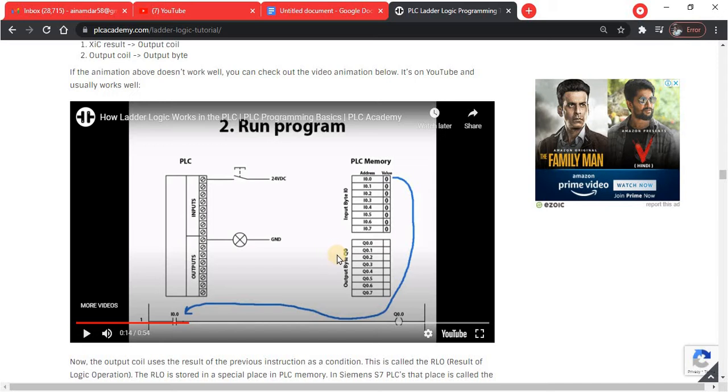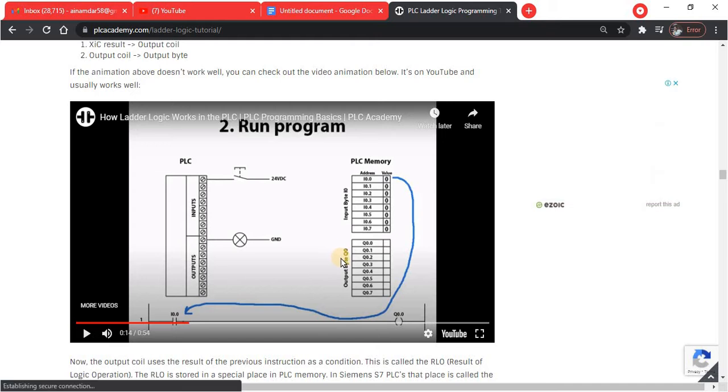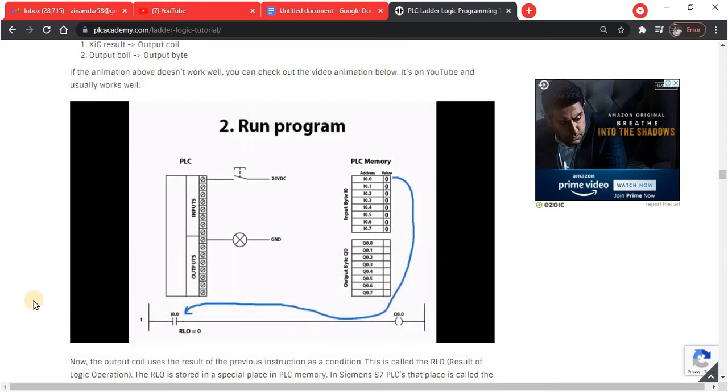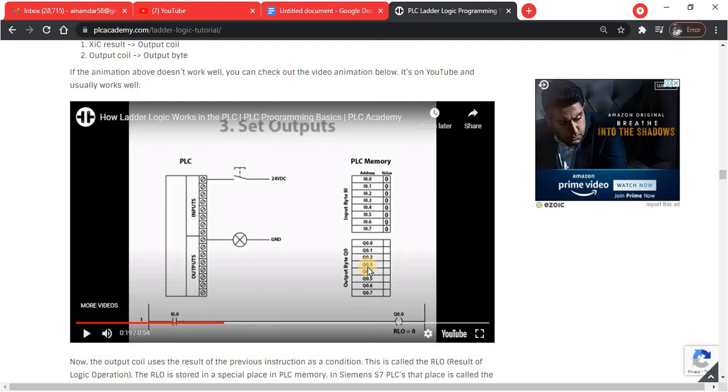So it makes sense to call the instruction normally open because at the start it is open. So in the normal state where the memory bit is 0, the contact will be open and the result is 0. Okay, and the contact will be open and the result, RLO, is 0. This is also 0.